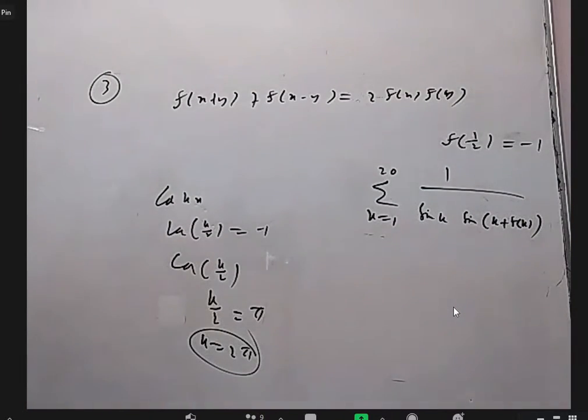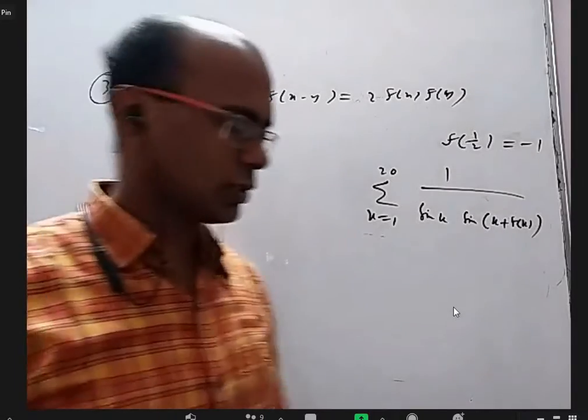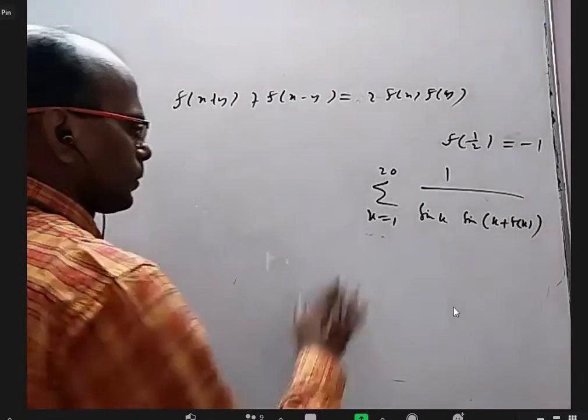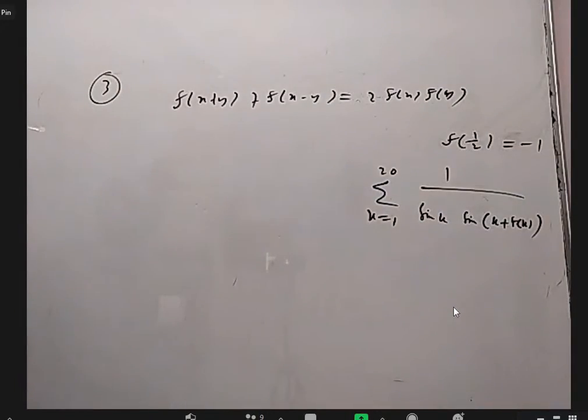Can we find it like that without guessing, that at all integers it is 1? Maybe. Just 1 minute. So apart from guessing, it is cos x or cos 2x or cos 2 pi x. Can we do it? F of every integer is always 1. At other numbers it is not, but at least at integers.